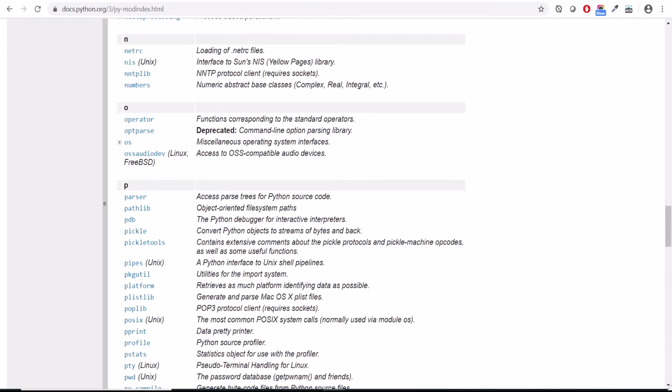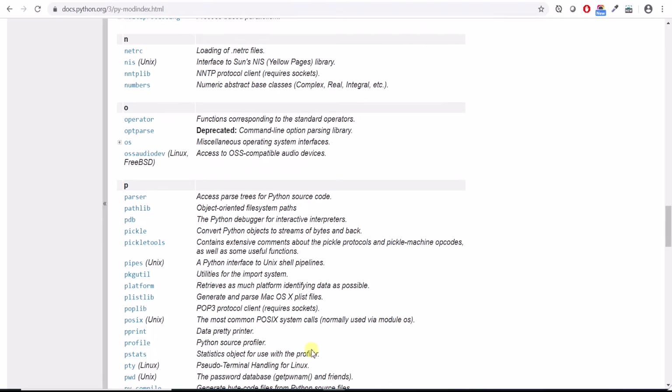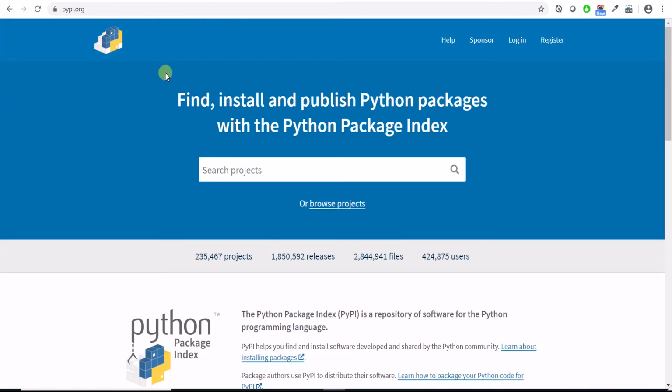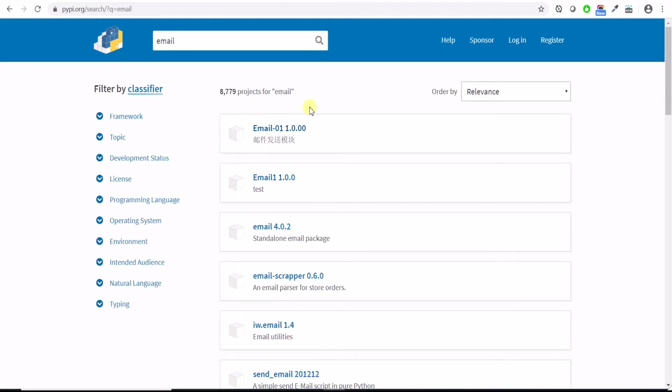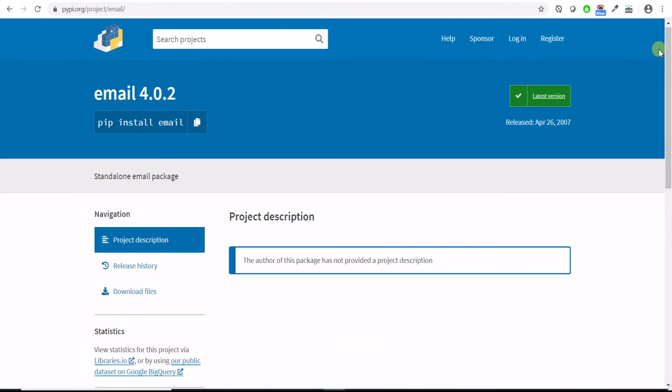Now we'll go to the next site, that is pypi.org. This is again very useful. As we know, Python is open source, so many developers contribute for the community of developers. If you want to implement, suppose, email, there is a likelihood that almost everything you start, someone must have implemented it in most cases, so you will see how they have implemented it. They donate the code and everything, how to install the email part.